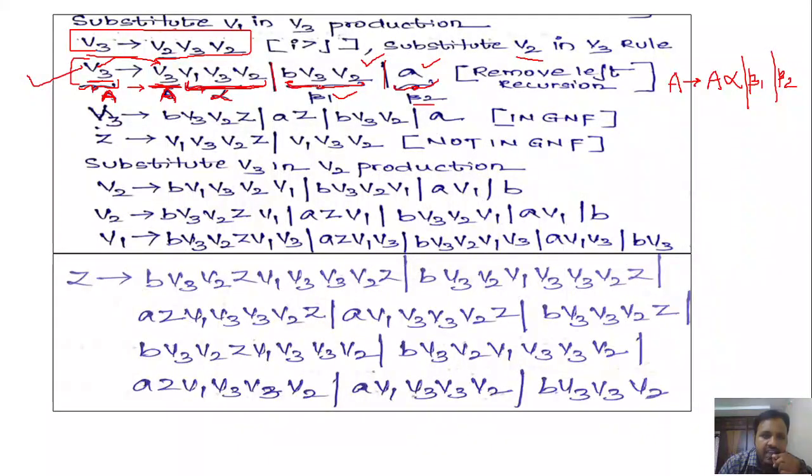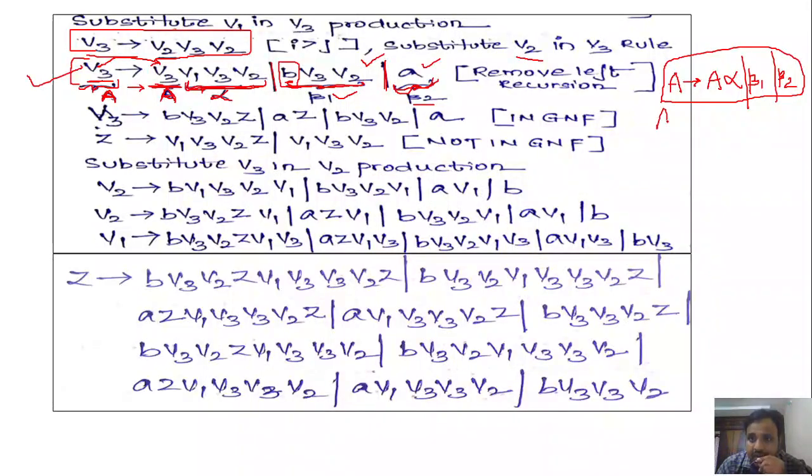And if you consider another production rule, B V3 V2, here it is starting with a symbol other than V3, right? So this production will be considered as beta 1. And another one is small a. Again, it is not starting with V3, so we consider this as beta 2. So we have to identify these by looking at the variables in the body of the production. This is how we identified the production rule: A denotes A alpha or beta 1 or beta 2, right?